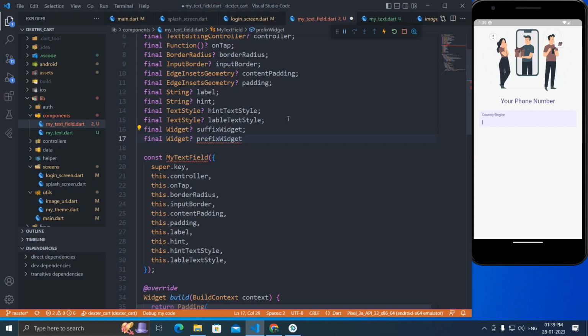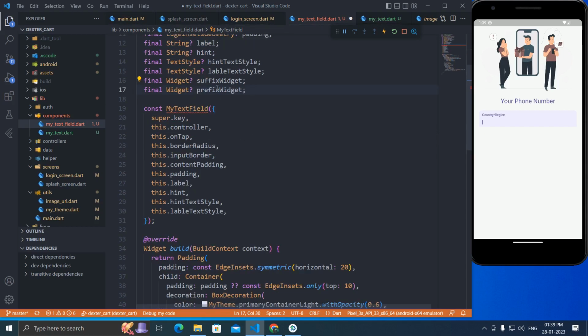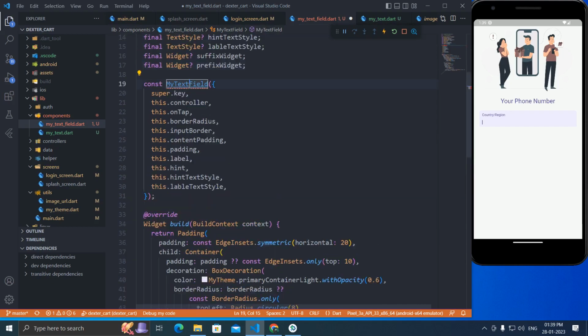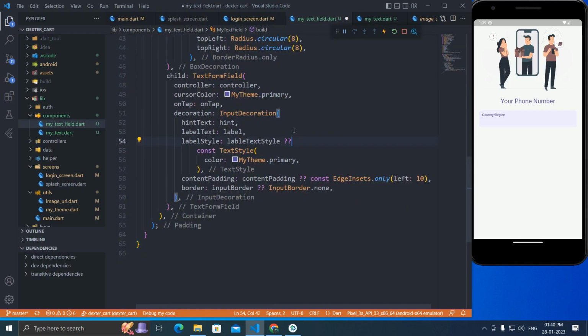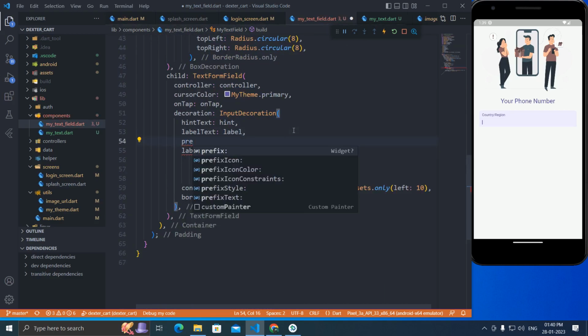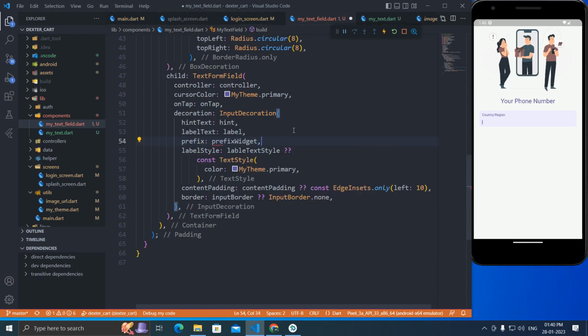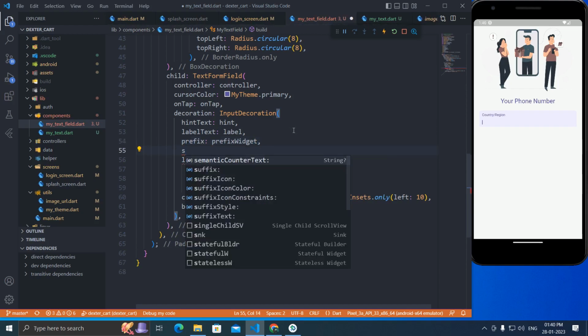We can just also have the gesture detector wrapping that, so we can just have operation on that too. So prefix widget, suffix widget,